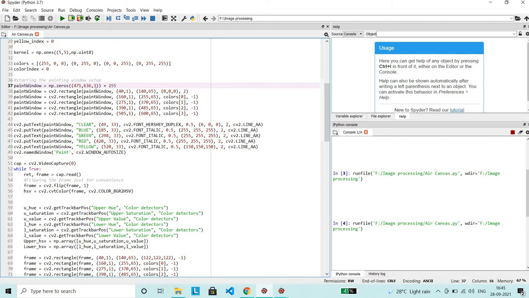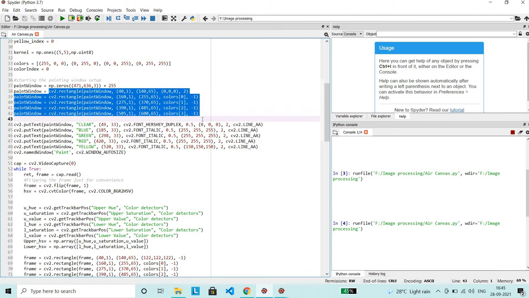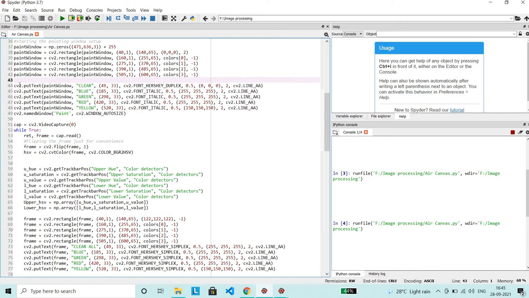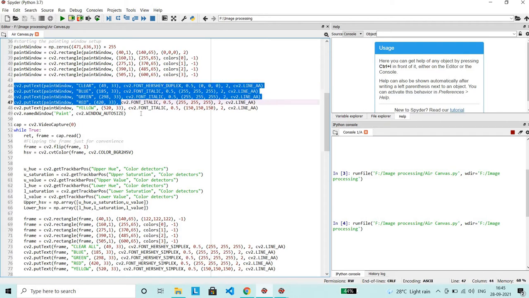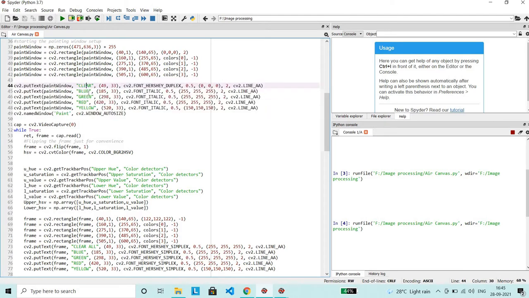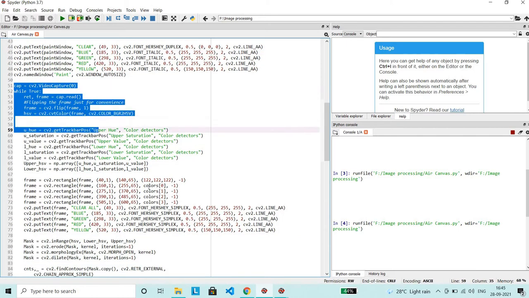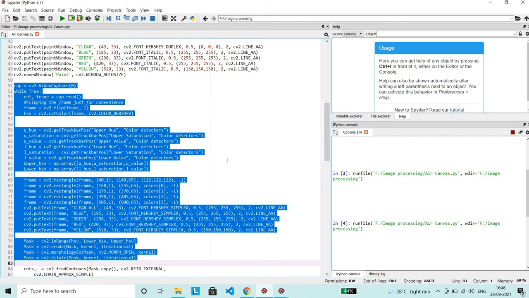Using the cv2.rectangle function, we have created the different color rectangles, filled them using the colors array of 0, 1, 2, 3, and defined the different coordinates for them. Using the putText function, we have put the text of the colors into those rectangles. Now this is the main function where the drawing on the screen happens.